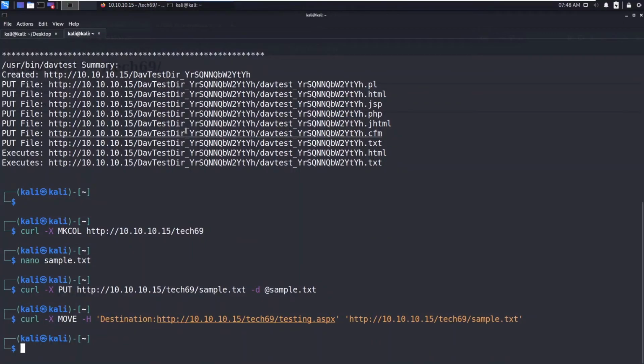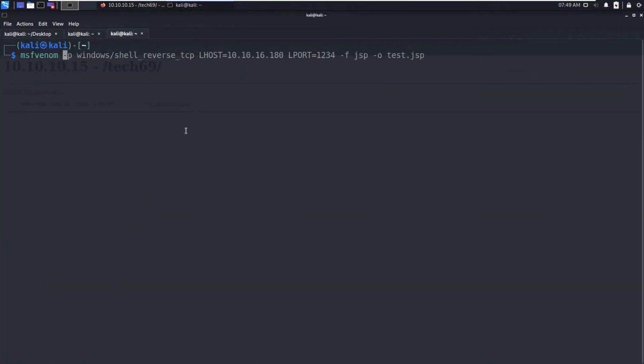We can render this file. So let's go and create an ASP reverse shell. For Windows, all I need to do is say ASPX and name it shell2.aspx. So this should generate the reverse shell in the ASPX format.